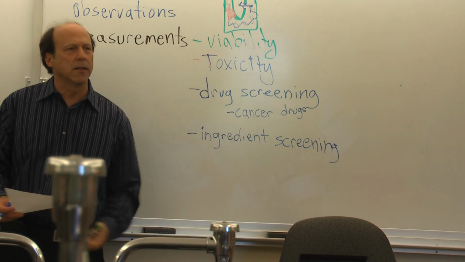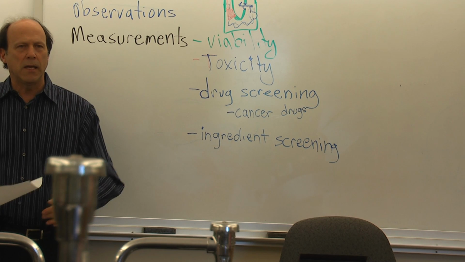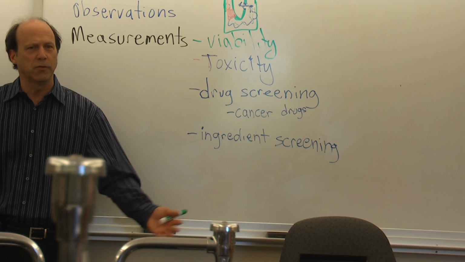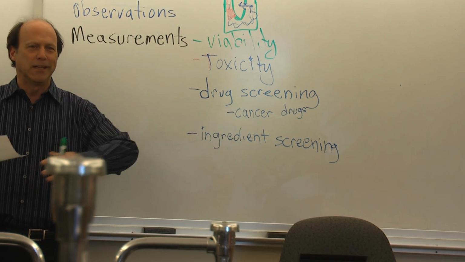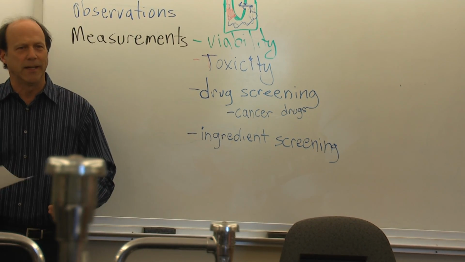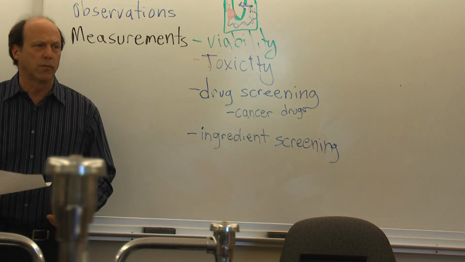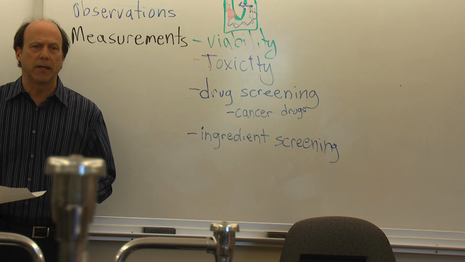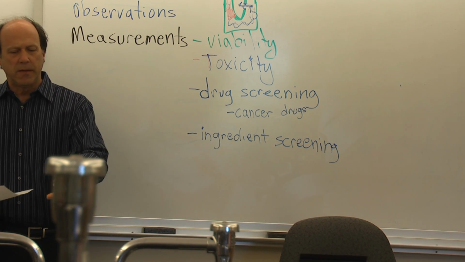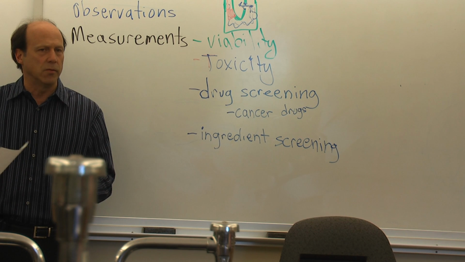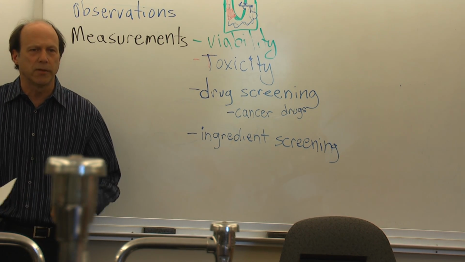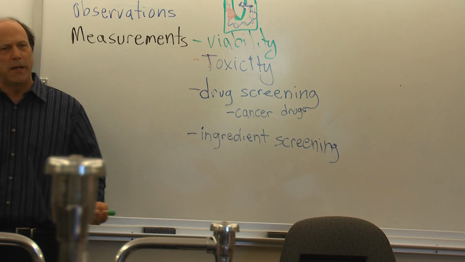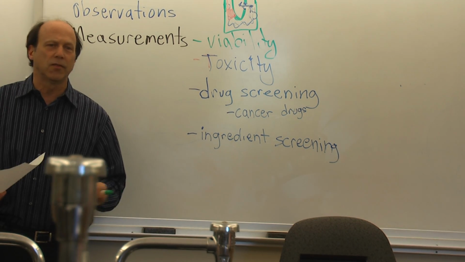But ingredient screening, it's like, okay, so we're human and we are interacting in the world, and a lot of our environment we control. We're sitting in a room now that was entirely made by human hands, right? The floor, the furniture, the whole thing, right? So we create these environments for ourselves. But the things that we're creating are coming in contact with us. They might be things that are actually consumed, or they might be things that you touch, or you smear on yourself, or you take a shower, and you use some soap, and you use some shampoo, and you use some toothpaste, and you're using these